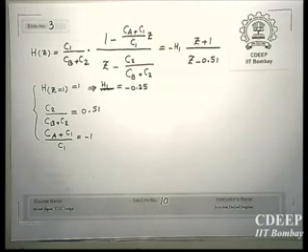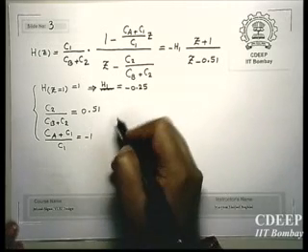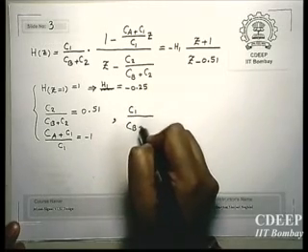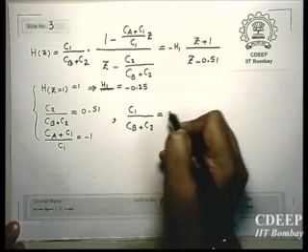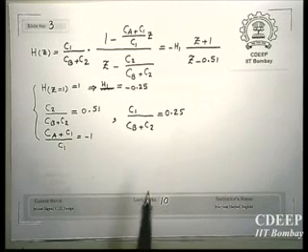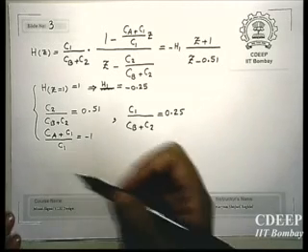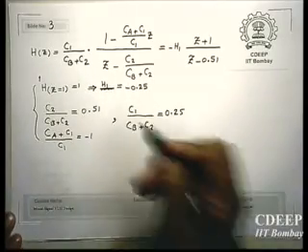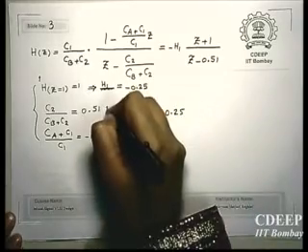Then I can get z plus 1. And of course, now C1 upon CB plus C2 is equal to 0.25. So you have three equations for four variables. Okay, so this is relation 1,